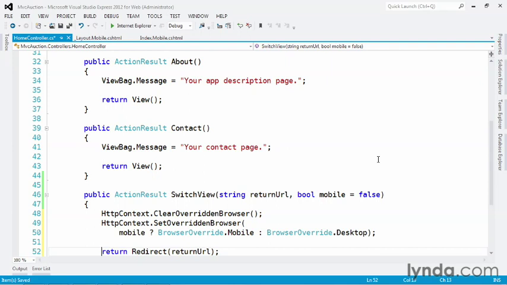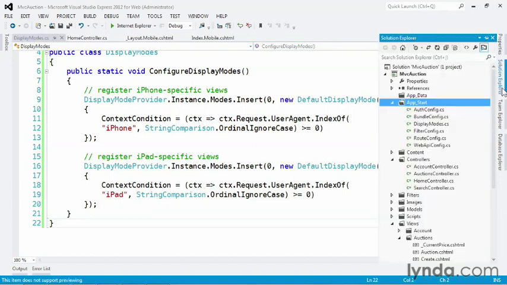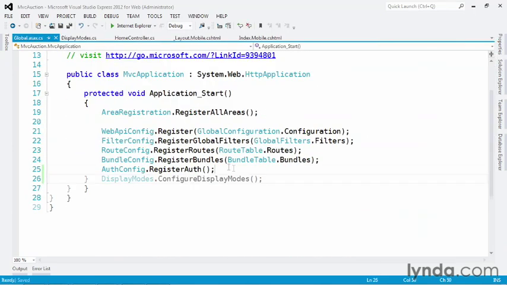I'll populate it with this code. Here, we're adding specific display modes for the iPhone and the iPad. These display modes look at the user agent string on the request to see where it's coming from. Then we can go into Global.asax.cs and update the Application_Start method to execute this new static method. Now, create a